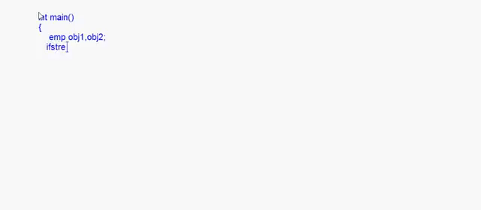Then ifstream file1, the name of the file emp.dat, comma ios::in, input mode, right? Here I need the ofstream class also. I take ofstream file2. Now here I take a file called temp.dat, and this is opened in the output mode, right? Okay, we take one integer e_number